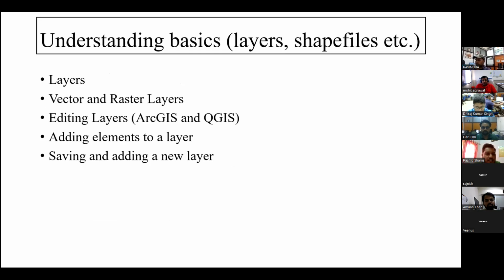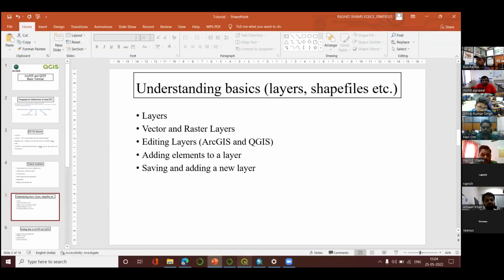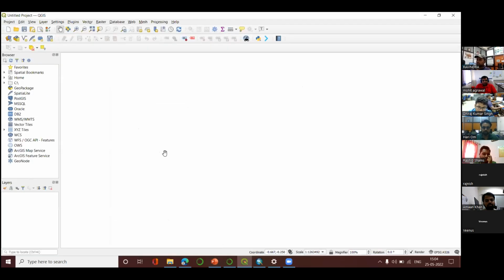So moving on, firstly, we will be understanding basics about layers and shape files. So first, let me go through QGIS. Like I understand, most of the people who joined here have QGIS installed. Any version of QGIS would do. I have 3.16. This is a little bit older version, but the newer versions are also similar, but they have